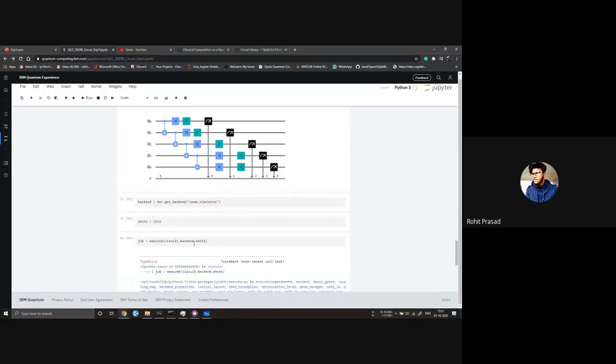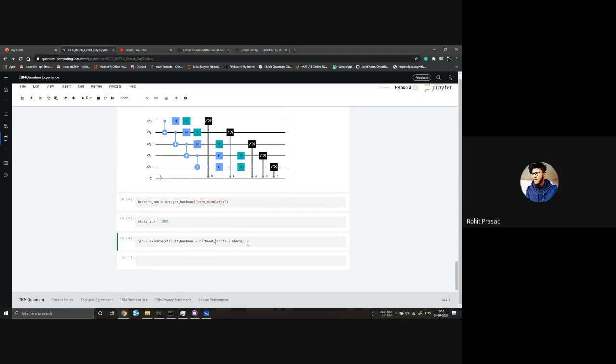I've defined the circuit. Oh, wait. So actually, we have to say what backend we want to use. We just can't say this backend. So I write the circuit, the backend, and the shots.